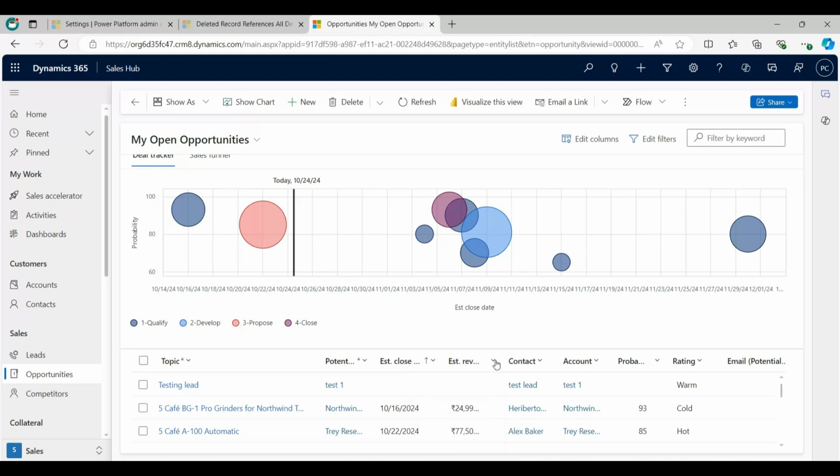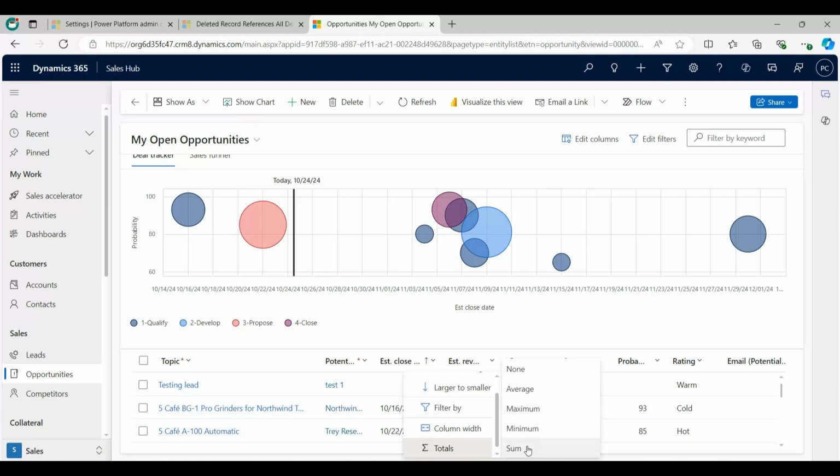Now click on the Estimated Revenue drop down. I am selecting the Total option of any numerical column. These are options to automatically show the minimum, maximum, sum and average value of each row in the selected grid column. And for the estimated value of our open opportunities, we select the option to show the total sum.